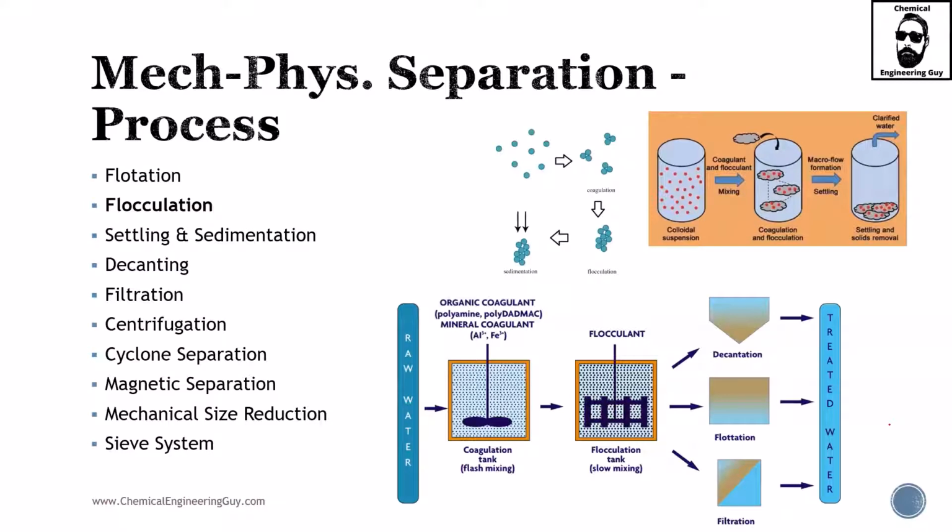Flocculation is a process which is very commonly used after coagulation. Typically you have the particles in colloidal suspension. And when we add certain types of materials, for instance coagulants or flocculants, the particles are going to start binding together. Eventually they start forming larger packs of molecules, that is, flocculation. And you get to the point that they are no longer light enough to float, so they will start dropping,